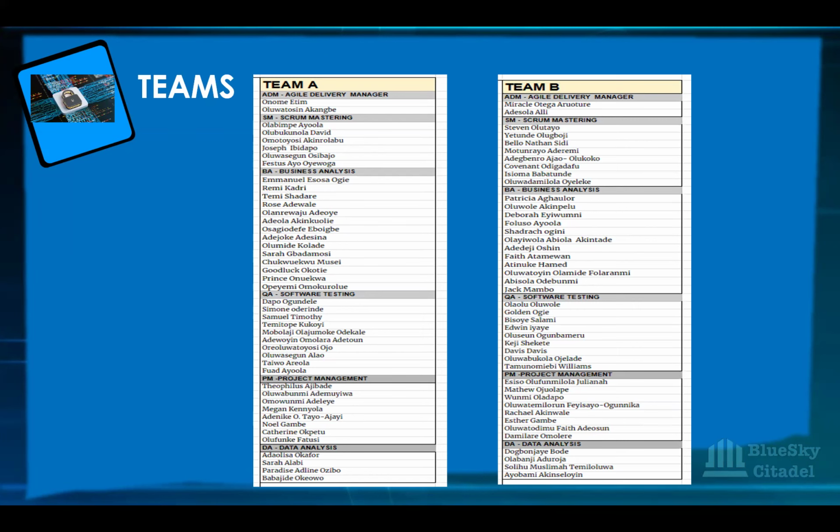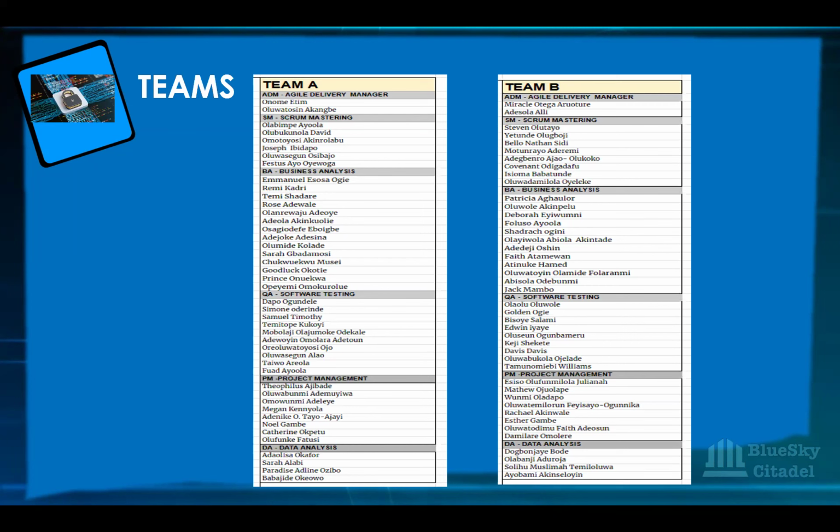I'm going to explain a bit of how the project is going to work in your teams. For the Agile Scrum team, ideally you would have a Scrum Master, a BA, a QA, and occasionally, depending on the nature of the project, an Agile Delivery Manager. Sometimes the Scrum Master can also double as your Agile Delivery Manager.